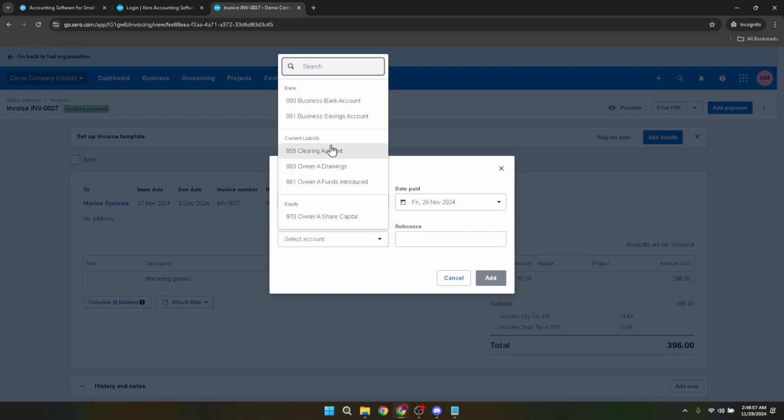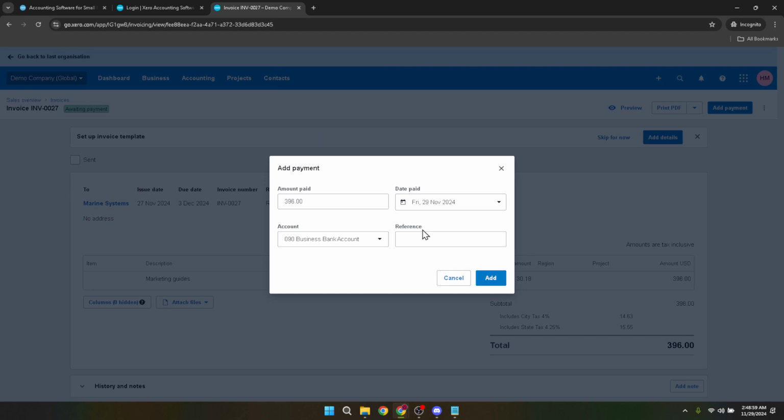Whether it's a checking account, savings, or perhaps even a cash holding account, correctly allocating payments is essential for accurate bookkeeping and financial analysis. Following the selection of an account, you'll have the opportunity to add a reference for the payment. This could be a check number, a transaction ID, or any identifier that helps link the payment to its corresponding bank transaction. Proper referencing is key for reconciling your bank statements with your recorded transactions, making future audits or